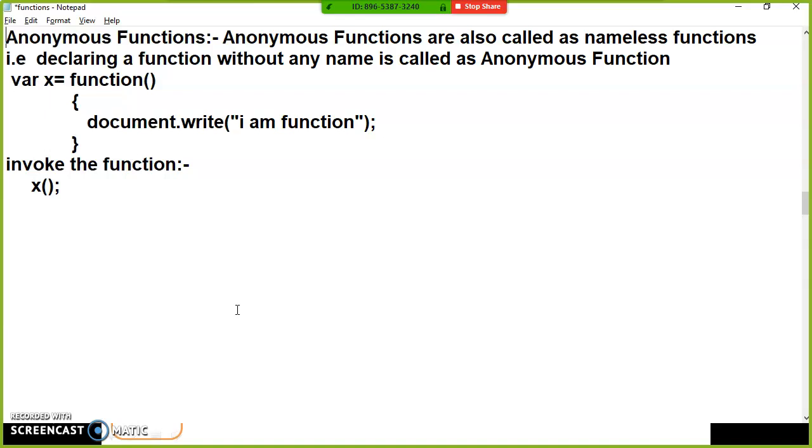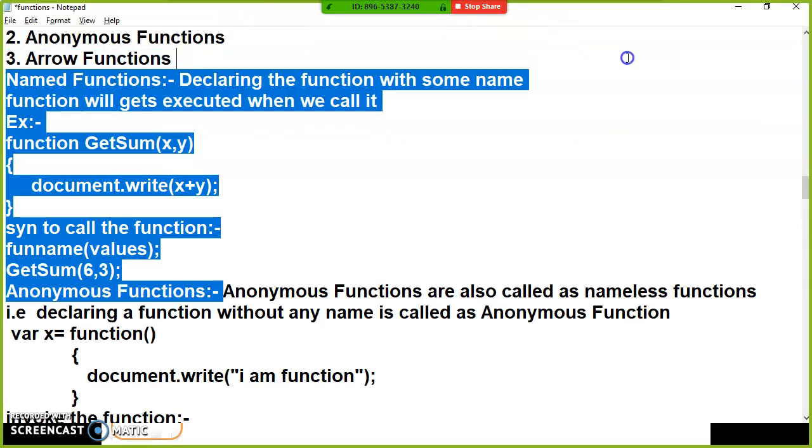But sometimes, depending on the user interaction, the function must get invoked. For example, the user will interact with the HTML controls, and based on the user interaction, the function must get invoked. That is nameless. In that scenario, we'll use an anonymous function.